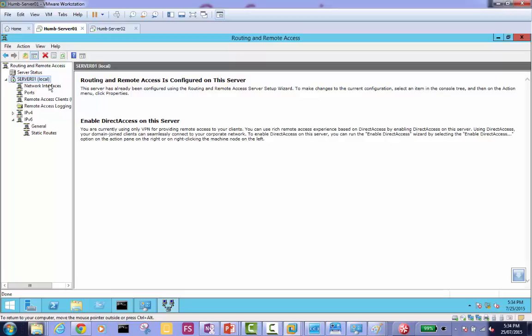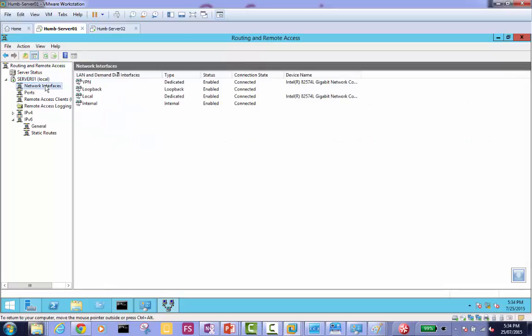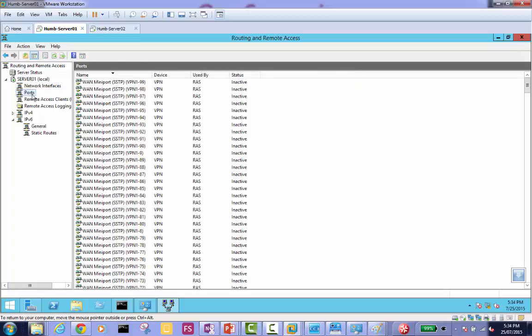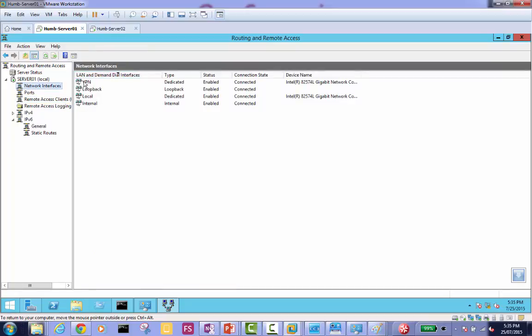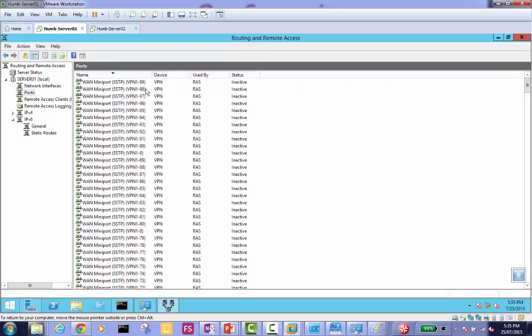Okay, let's go ahead. Some important areas here are network interfaces, ports, and remote access clients. When we connect a client, it will show here. Network interfaces shows all the interfaces that are available, and whether they are working or not. Our main thing here is ports, which is every port. There are 128 connections that can be made for the SSTP protocol.